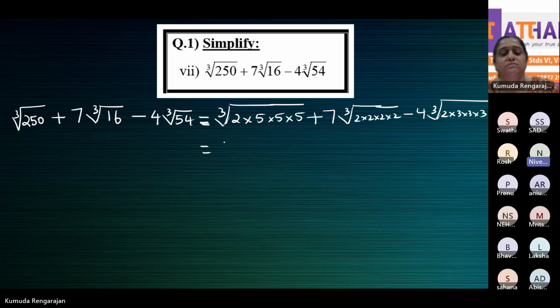Next step. After that, we have to make these steps into exponent form. So cube root of 2 into 5 cube, plus